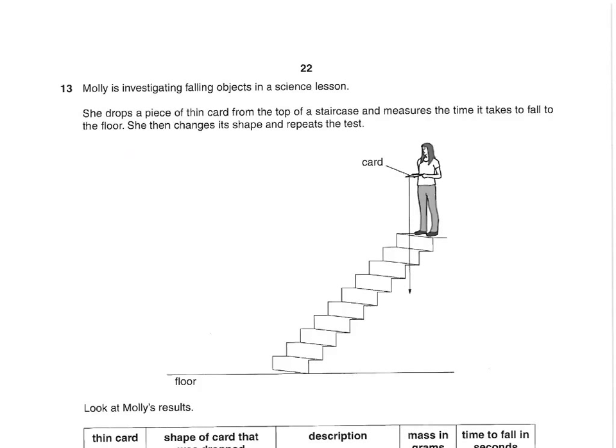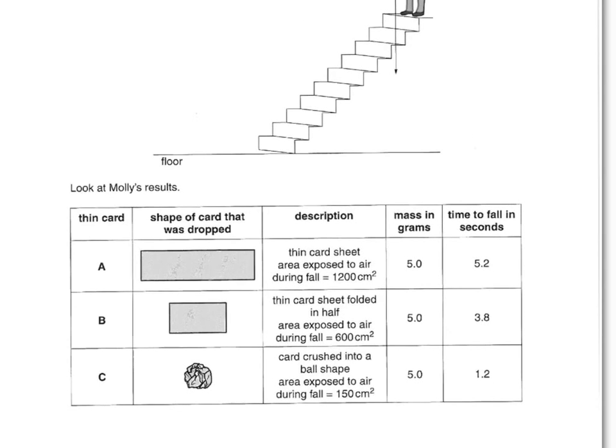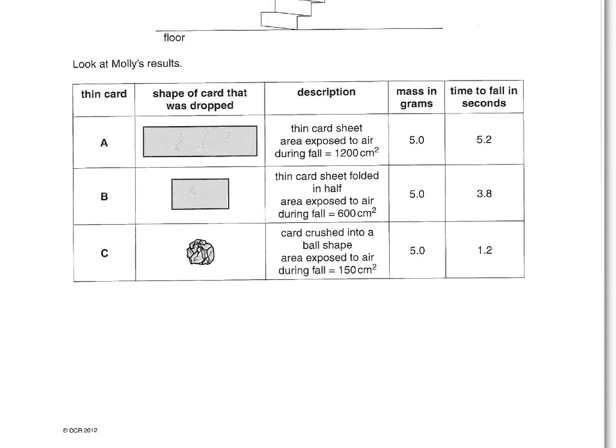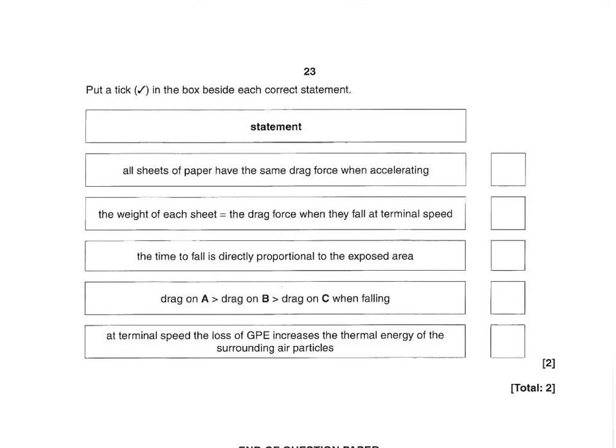So next question, Molly is investigating falling objects in a science lesson. She drops a thin piece of card from the top of the staircase and measures the time it takes to fall to the floor. She then changes its shape and repeats the test. Look at Molly's results. So it says put a tick in the box beside each correct statement. So the first correct statement is